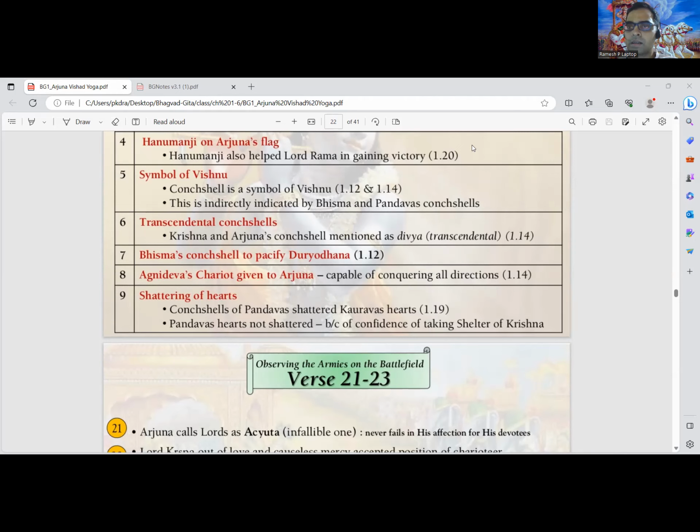I'm not sure if she is not able to speak. Sorry, there was a problem in unmuting. No problem. Good. So why is he referring to Krishna as Achyuta, right? Achyuta will be a person who can conquer anything, conquer over the evil.